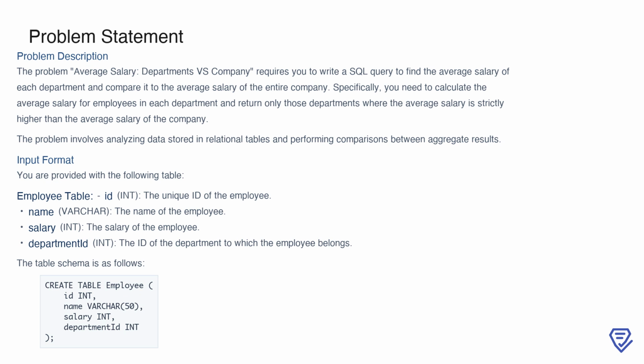The input data is stored in a table called employee, which contains 4 fields: ID, representing the unique identifier for each employee; name, the name of the employee; salary, which is their salary amount; and department ID, indicating the department to which they belong. The structure of this table is provided, and you'll use it to perform the necessary computations